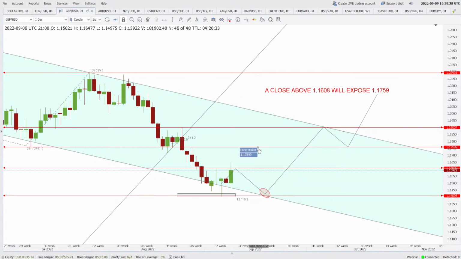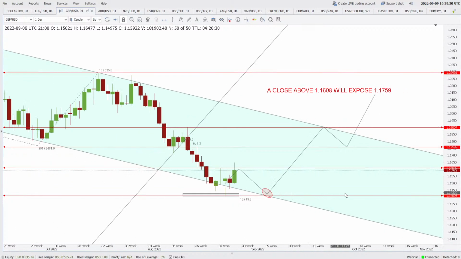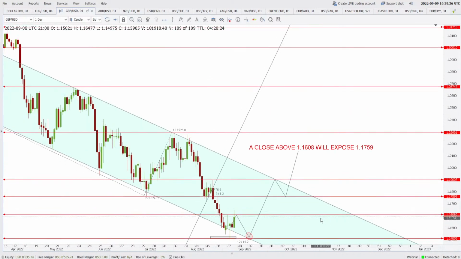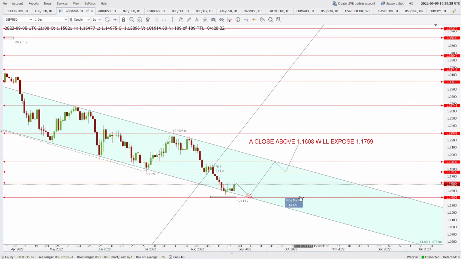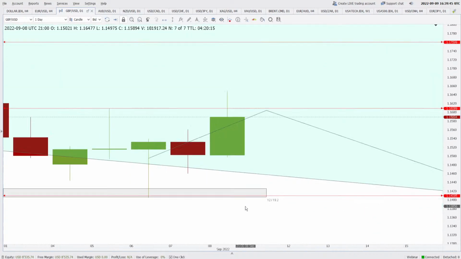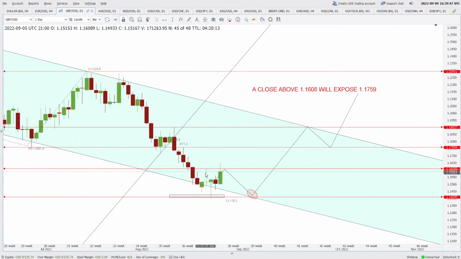that we are going to see 1.1759, because here it is more or less possible that the price will enter a range here. Okay, there is a possibility. We need the bulls to take control, then only we can, I think, push towards 1.1759, and in that case this high here, this recent high, it has been broken already, but there is only a breach. We need a daily candle to close higher than this level.